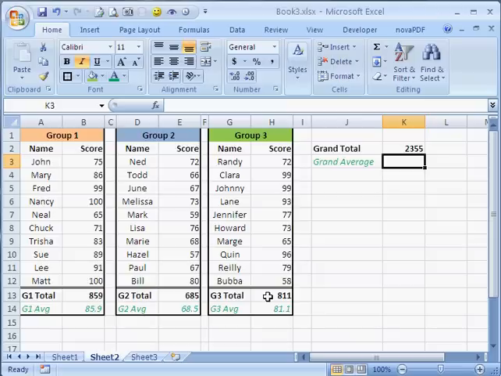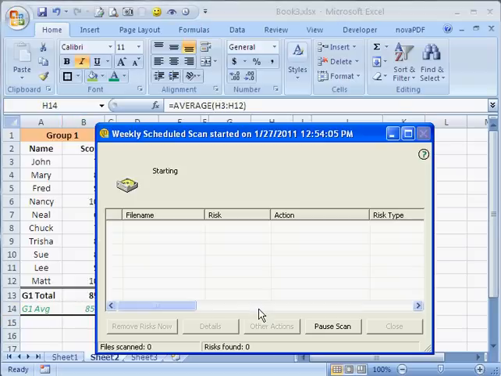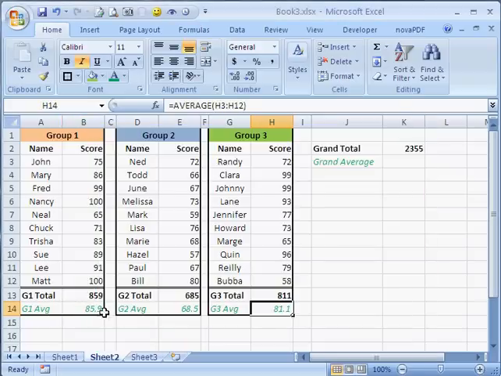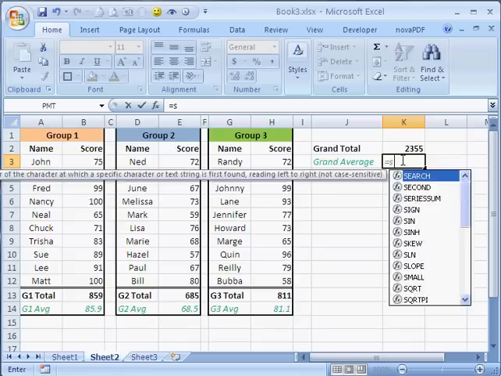Now moving on to the grand average. I could apply the same technique as I did to the grand total and use these, but that's not good math. You should never take an average of averages. So how would we determine the grand average? Well, we're going to use what we call multiple ranges in a single